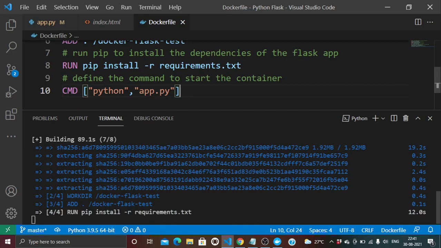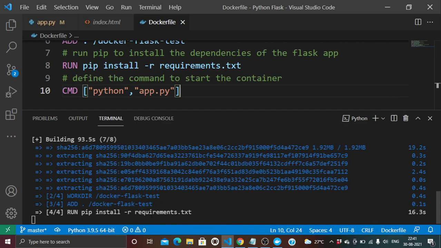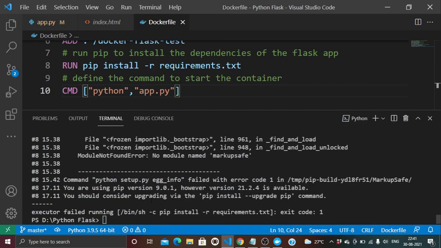Over here, our RUN pip install requirements.txt is running. You will see there is an error that the executor failed running pip install -r requirements.txt, and the reason is that you are using pip version 9.0.1, and version 21.2.4 is available.